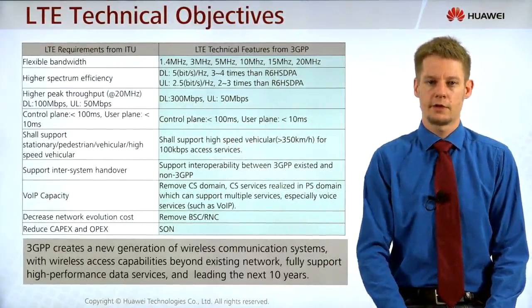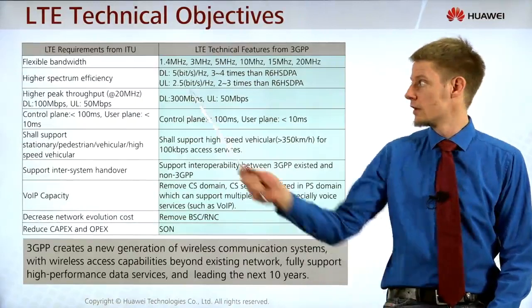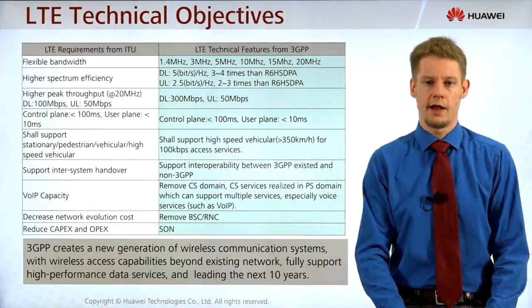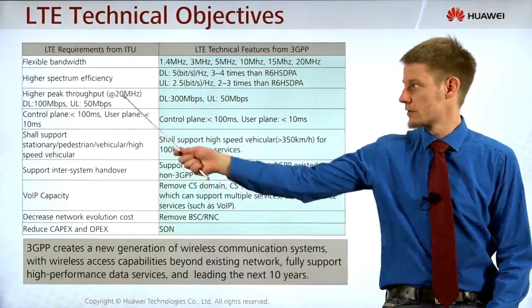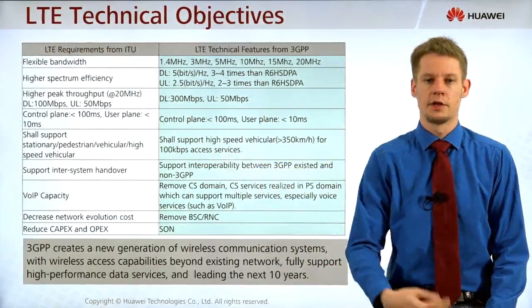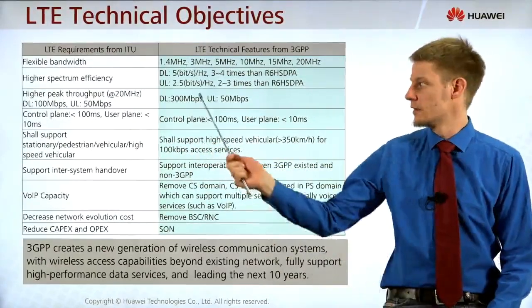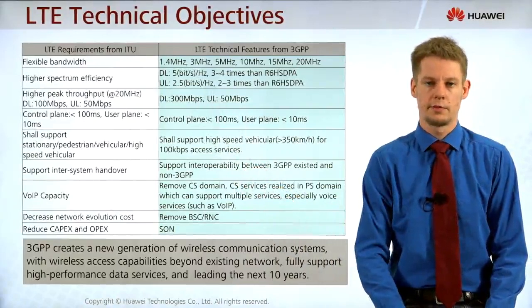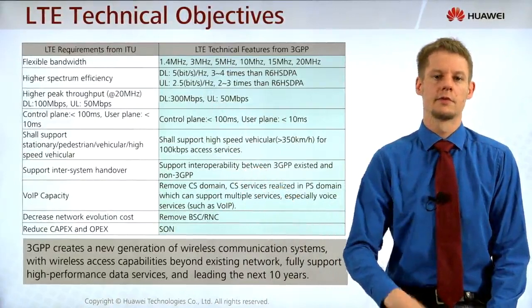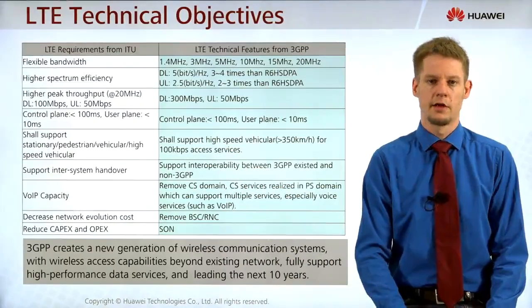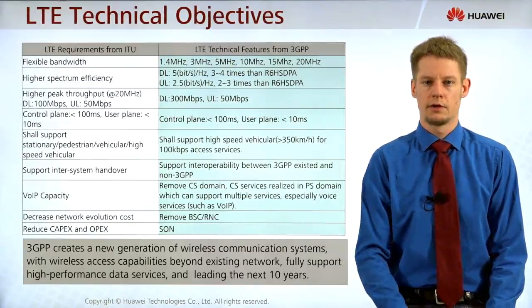Another thing was that the spectrum efficiency should be higher than in the third generation, and we see that LTE ended up with 2 to 4 times higher throughput, higher spectral efficiency than the third generation mobile networks. The peak throughput for the large cells, here for the 20 MHz cells, should be at least 100 megabit. LTE is now able to support up to 300 megabit. With LTE Advanced, we also go into 600 megabits, even beyond 1 gigabit per second. And only then, when we have more than 1 gigabit per second, we can really call it a fourth generation